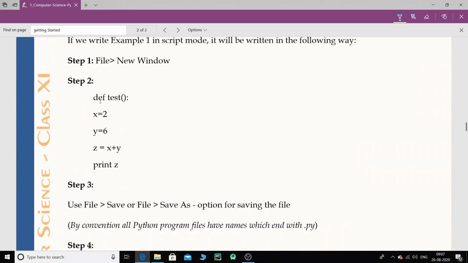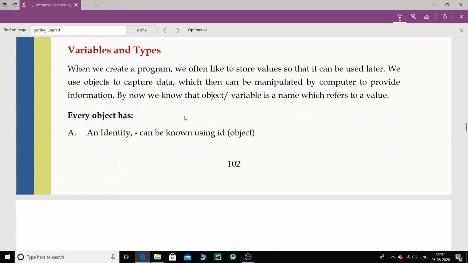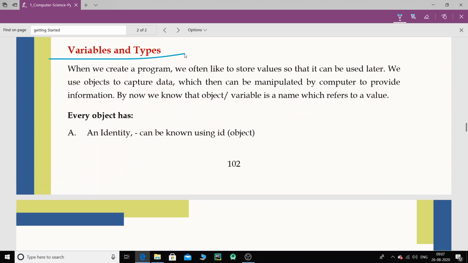So this was the code that was given, and I do not recommend this particular code because this is a function that is used. Right now this will confuse you a lot, so do not go for this particular code. Variables and the types. Okay, so let us